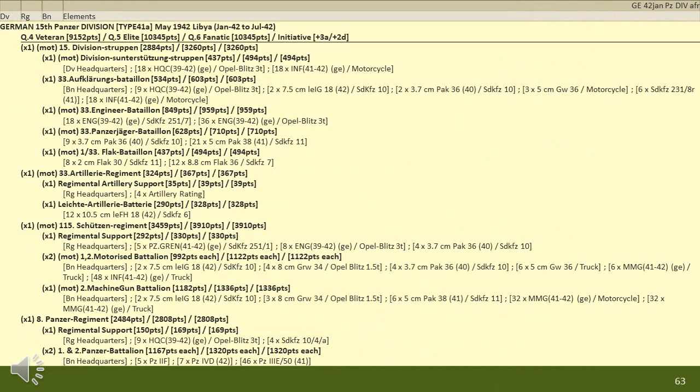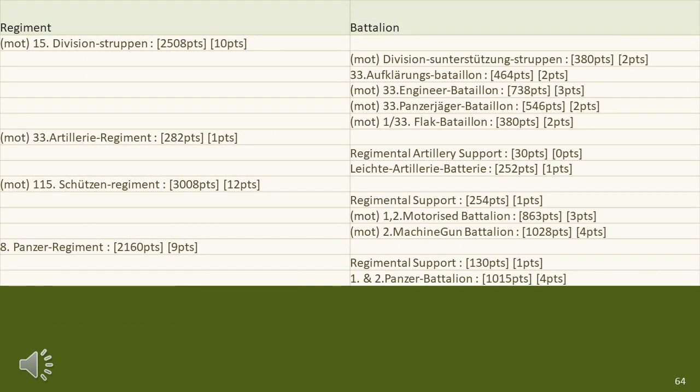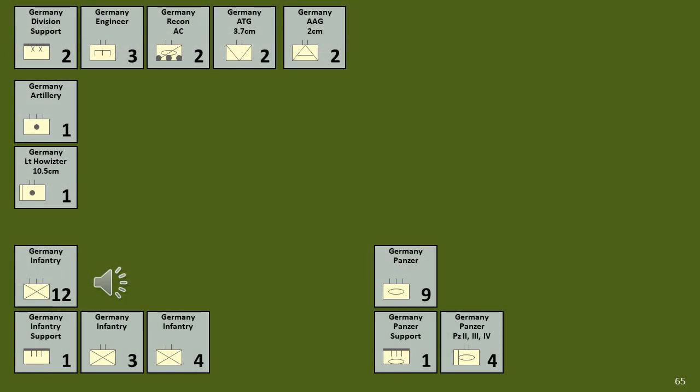By May 1942, the 15th Light Division had become a full Panzer division. Because the origin of the Light Division was that it had originally been a Panzer division, there was a lot of variability in equipment and formations, even though it was now called a full Panzer division. The division, or the